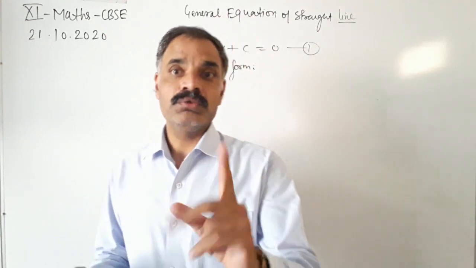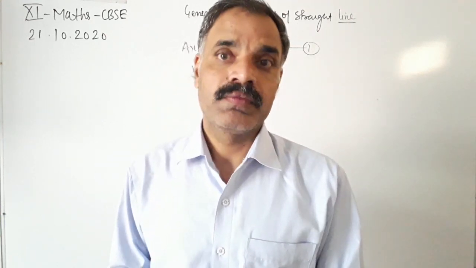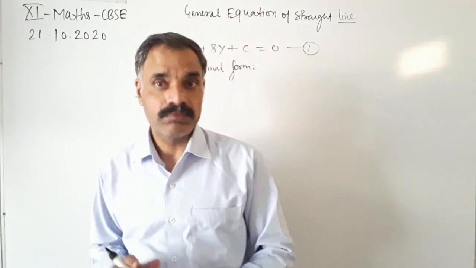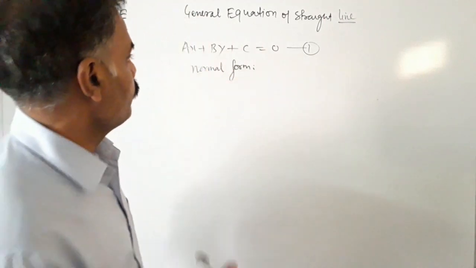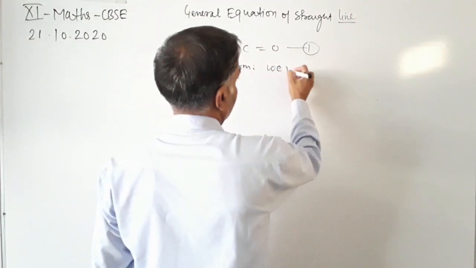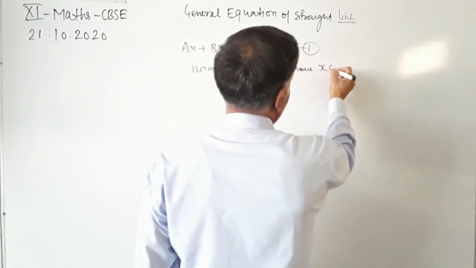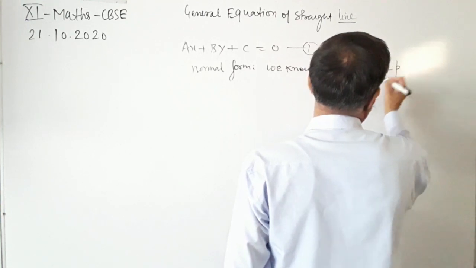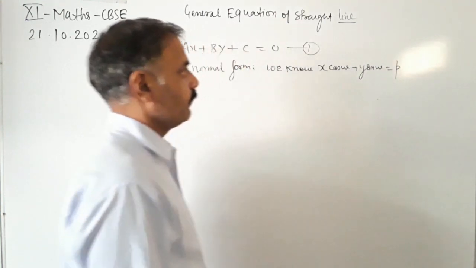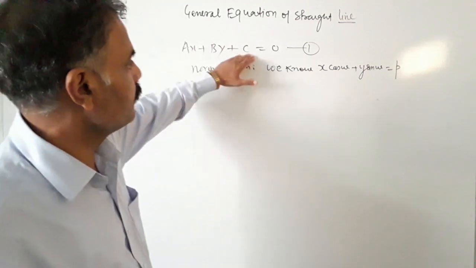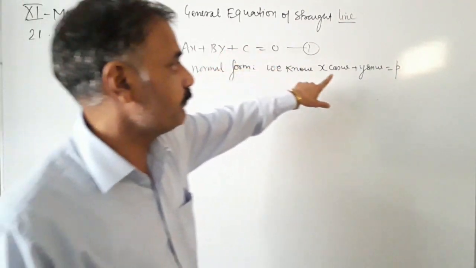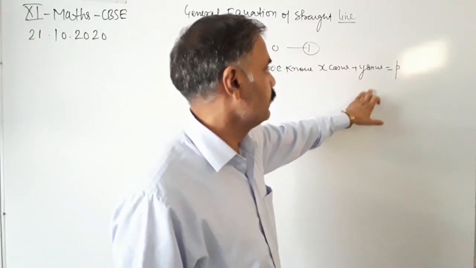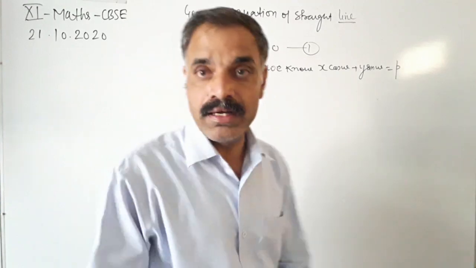Okay, so we will find two things, omega and p, in conversion of the given general equation of the line in normal form. So normal form of the equation of line, we know that x cos omega plus y sin omega is equal to p. This is the normal form of the equation of the line. This is the general form of the equation of the line. Now we will compare this and this so that we can find the value of omega and p.